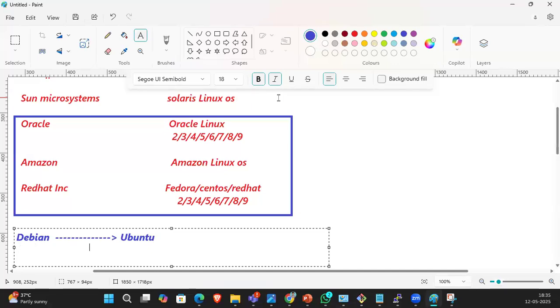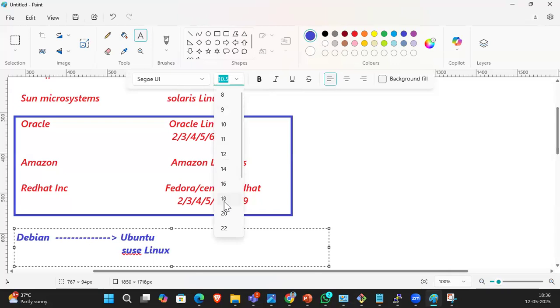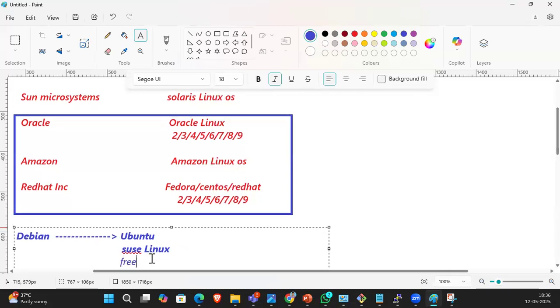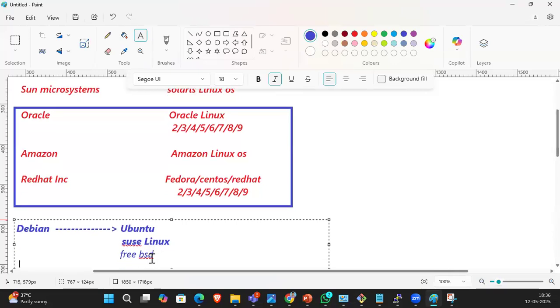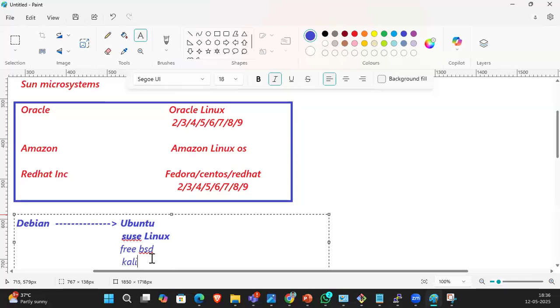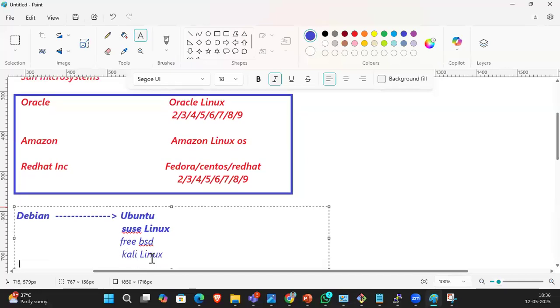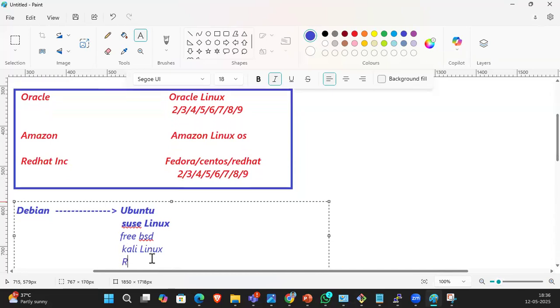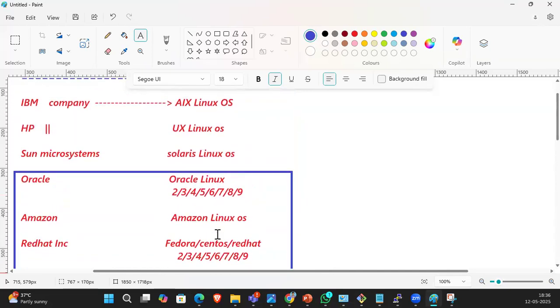The same as SUSE Linux, FreeBSD, Kali Linux, and Rocky Linux. So these are all the Linux flavors, guys.